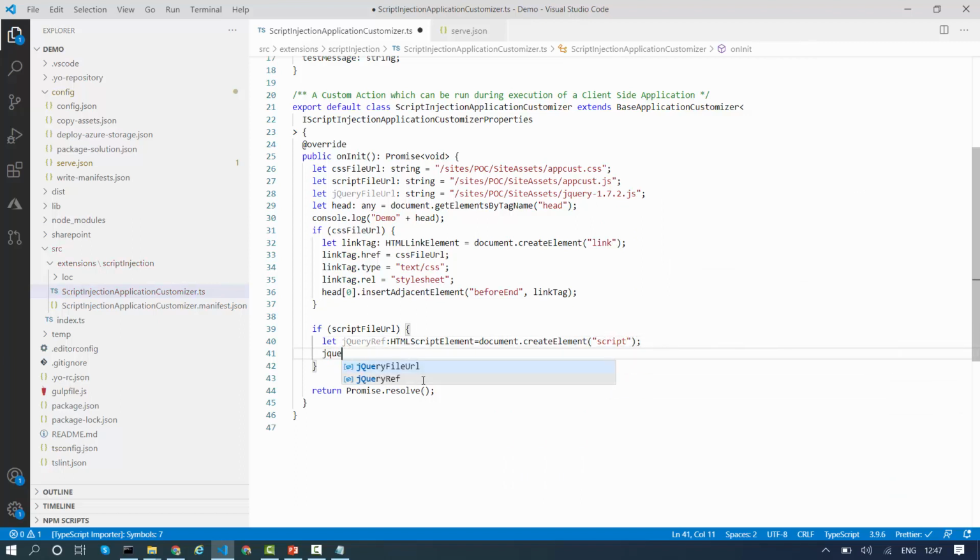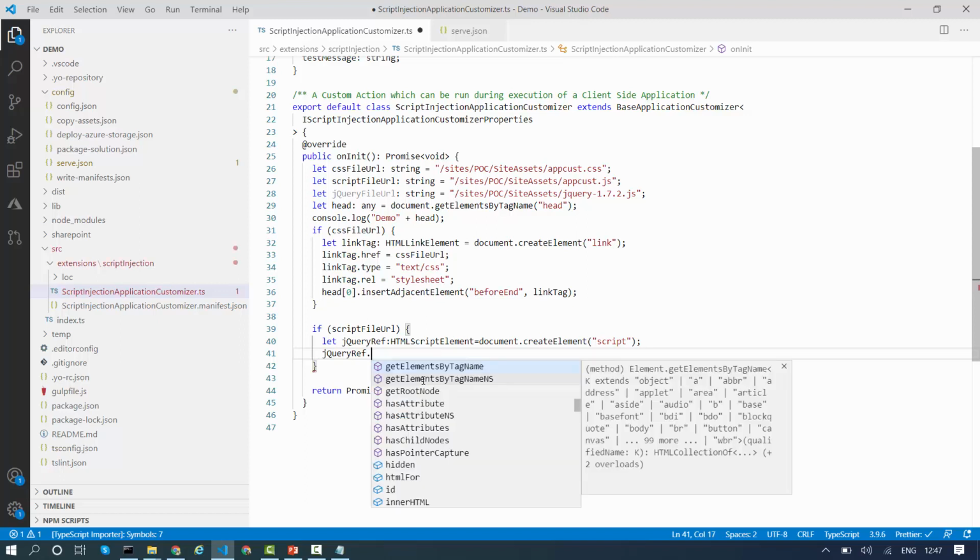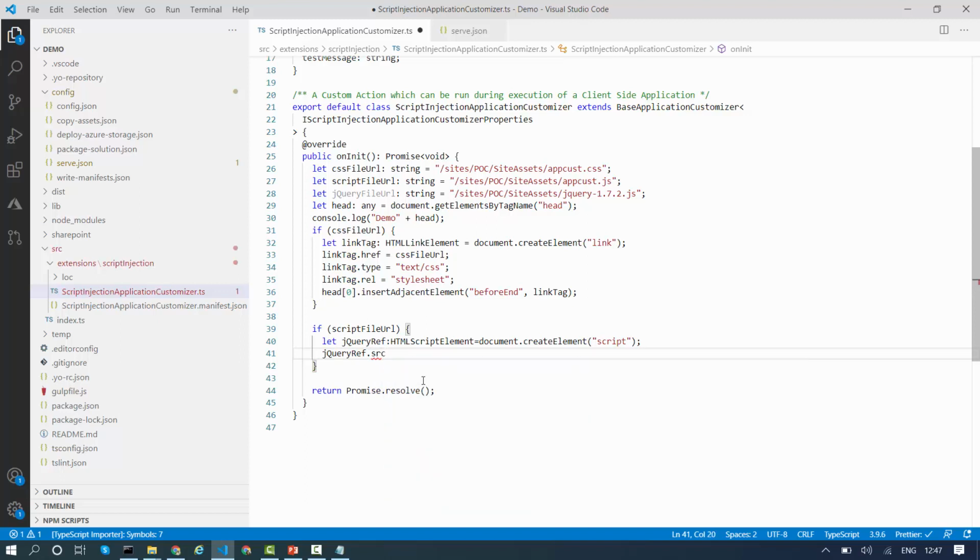After that, I have to provide the source for this jQuery tag: jQueryReference.src, and I'll say jQueryFileUrl. After that I will provide the type: jQueryReference.type is equal to text/javascript.